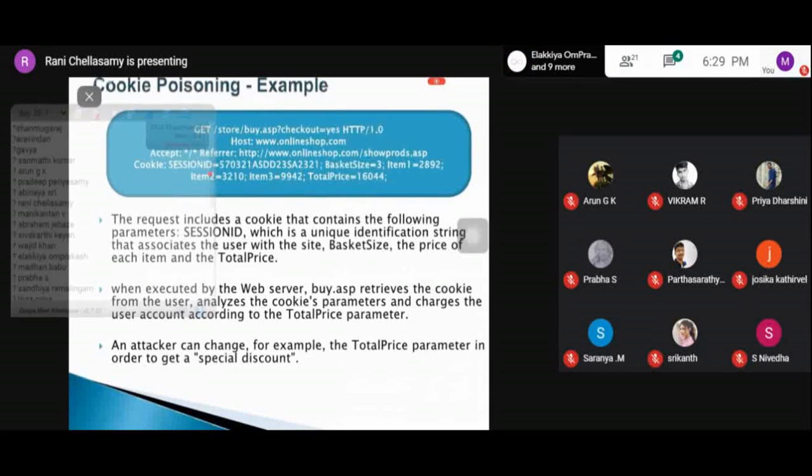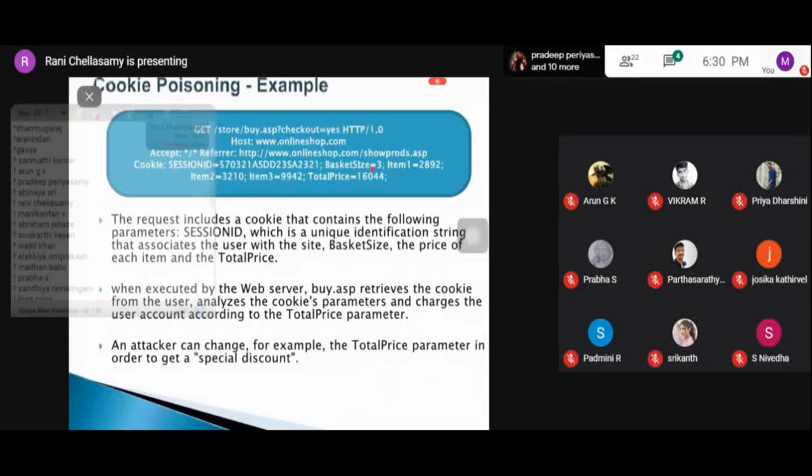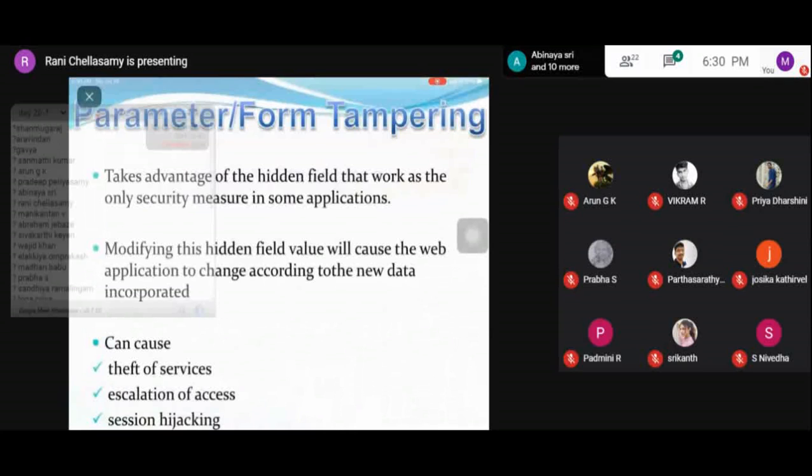Many web applications use cookies to save information like user ID, passwords, account numbers, timestamps, etc. The web application will be using cookies for saving all this information. Cookie poisoning involves modification of the content of the cookies. Whatever cookie parameters are there, the hacker will modify those cookie parameters.